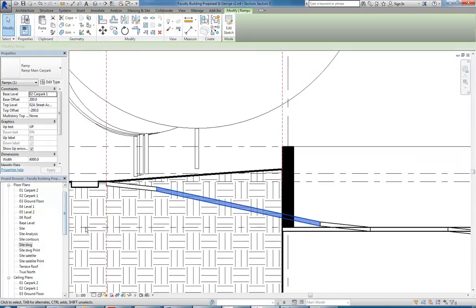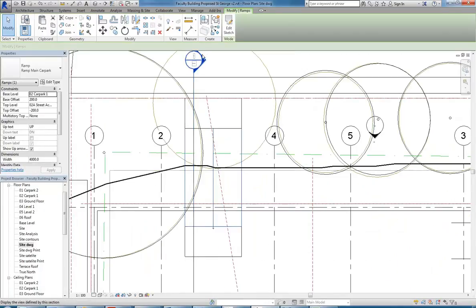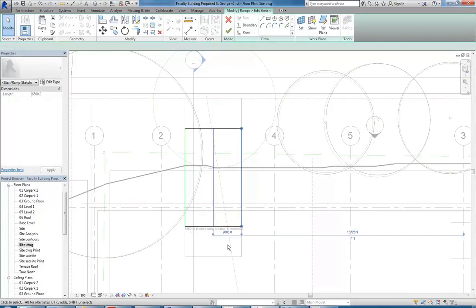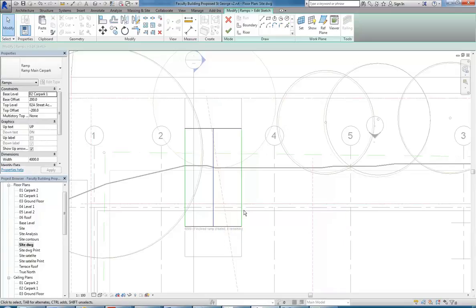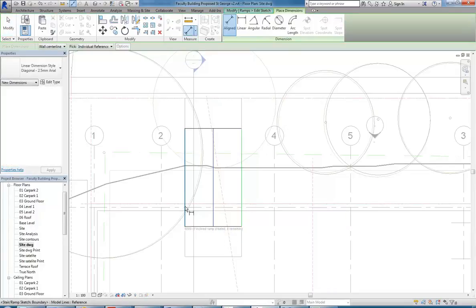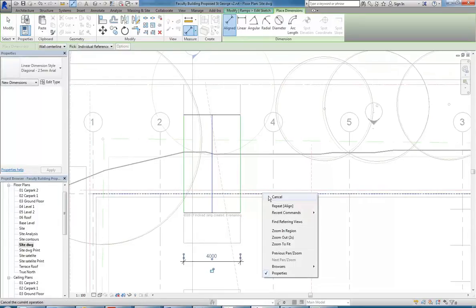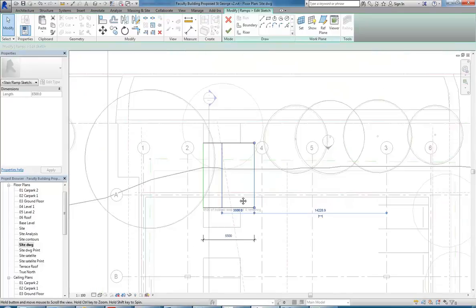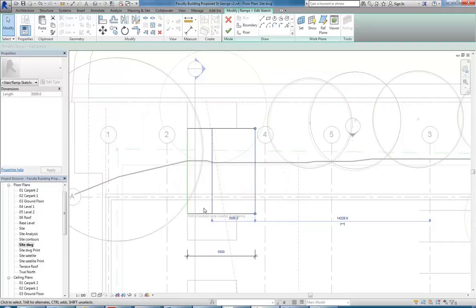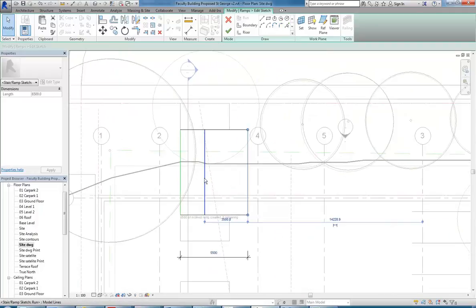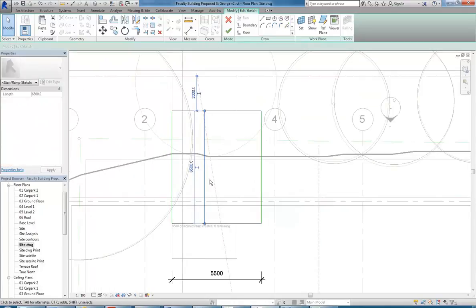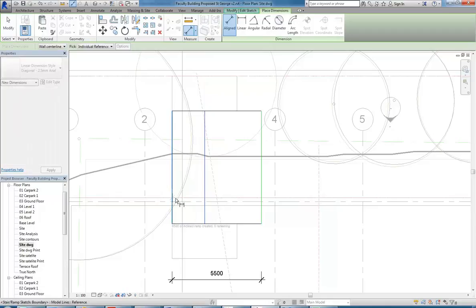So I'll start by just maybe getting the ramp to be the right width. So as a minimum it would be 5.5. I've got it 6.5 actually, so that's, I think I've got it 4, sorry, so no, it does need to be 5.5, so I'm going to make that wider. There we are, so that still fits nicely between my grid lines, so that's good. And then with the run line, it's good if you can keep that centred. So by drawing a dimension